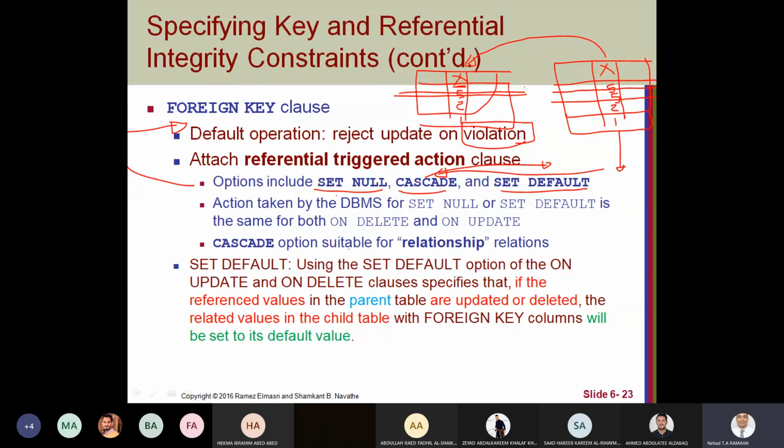The foreign key will be deleted. So this is the meaning of cascade: one operation will cause other operations. I did only one operation as the user, deleting this primary key, but cascade means it will go to the foreign key and delete it. Actually, in delete, we don't usually use cascade.